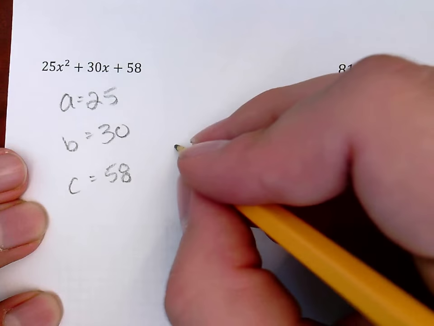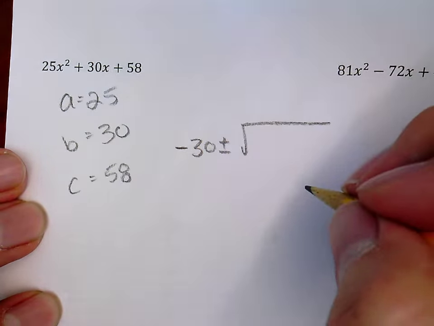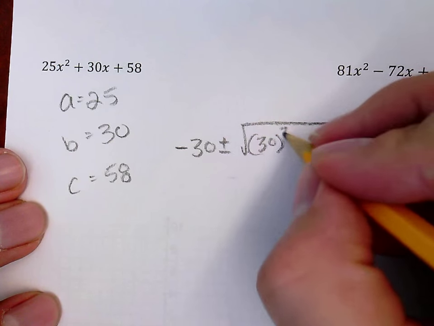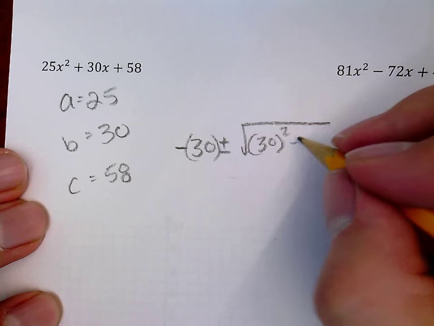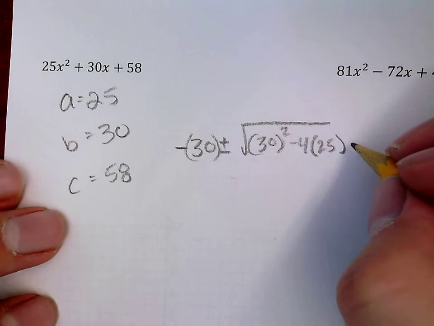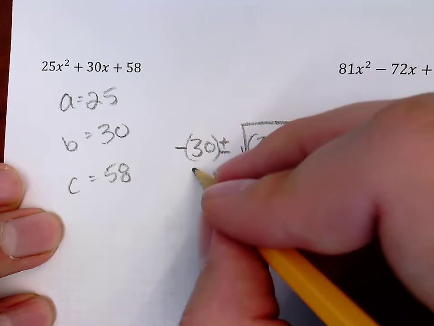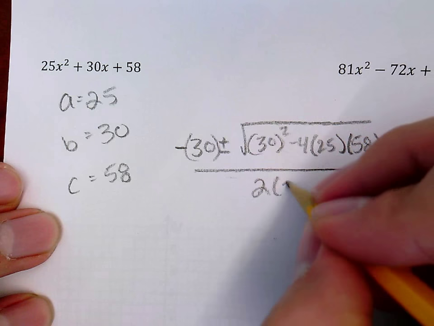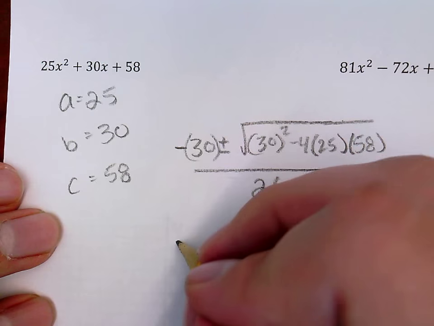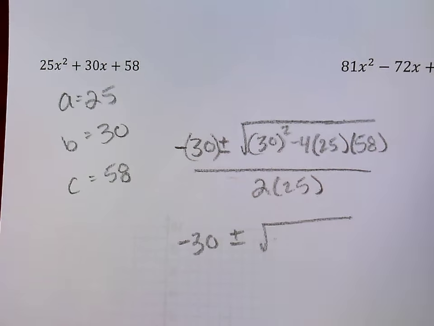I'm still going to plug it in as negative b, which is negative 30, plus or minus the square root of 30 squared, minus 4 times 25, because remember the a is changed, times 58, all over 2 times 25. So what happens is we get a negative 30 plus or minus the square root